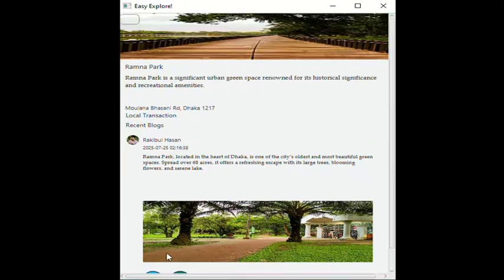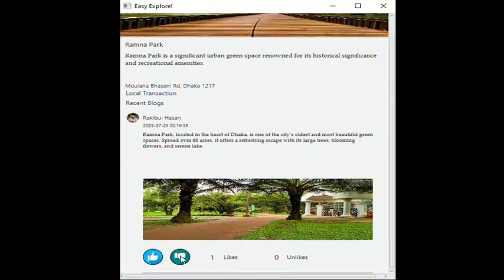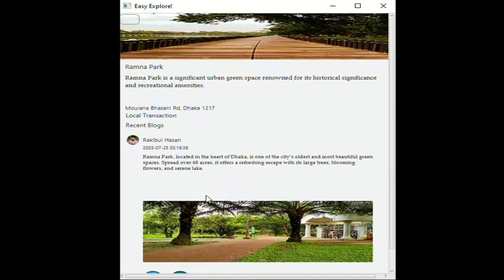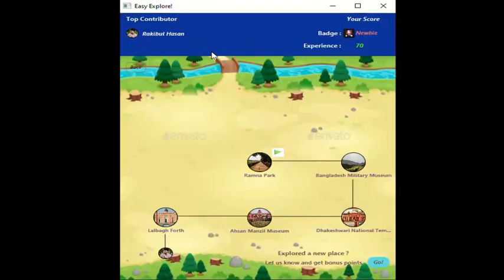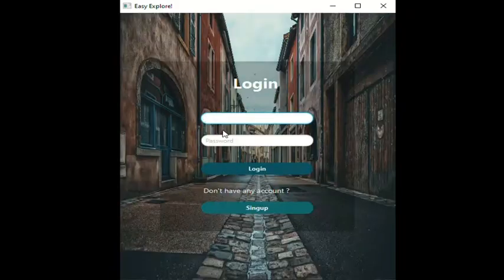And if I want, I can like it, so increase the like. If I want, I can dislike it, which decreases the like by 1. And so there is one other thing I can do. Let's try to log in as a different user, which is